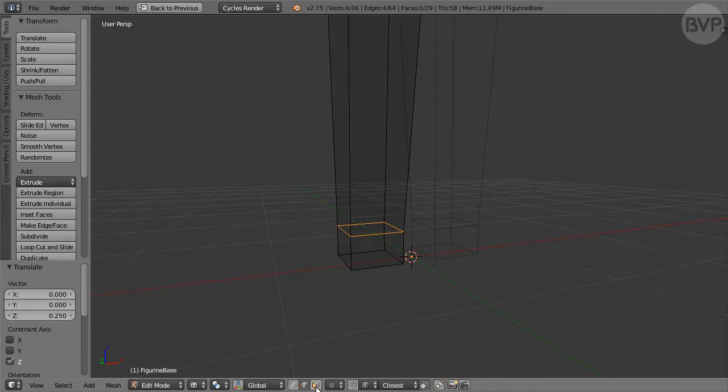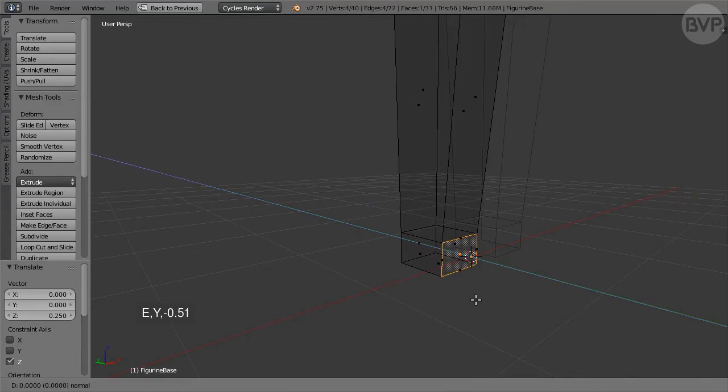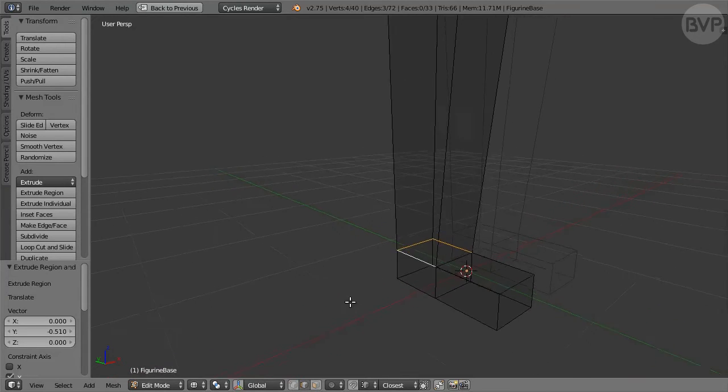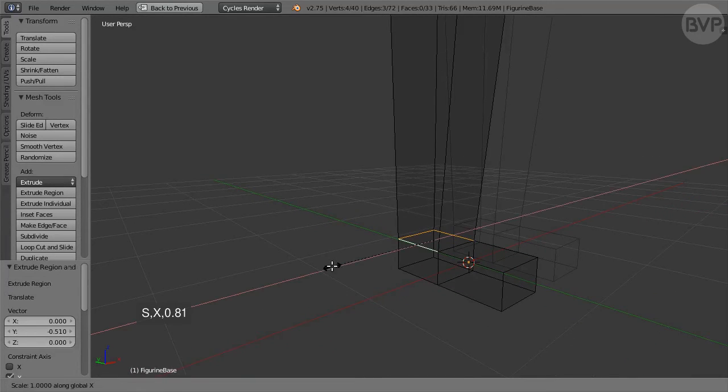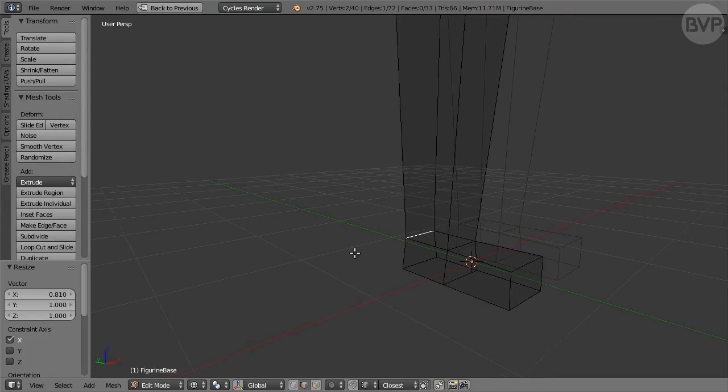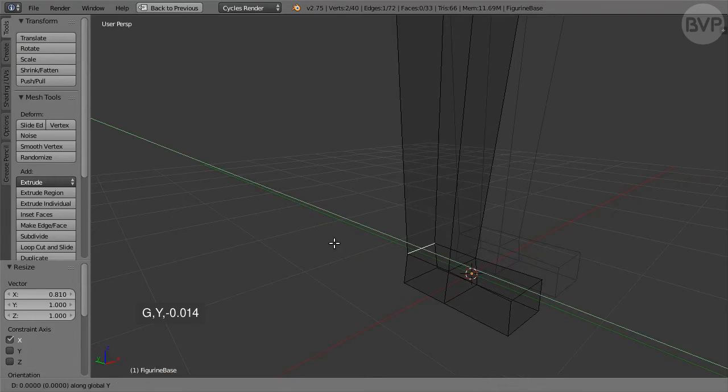Switch to face selection and select the bottom front face. Press E to extrude, followed by Y, enter -0.51. Switch to edge selection and Alt-click the loop around the ankle. Press S to scale, followed by X, enter 0.81. Select the back edge of the loop, press G followed by Y, enter